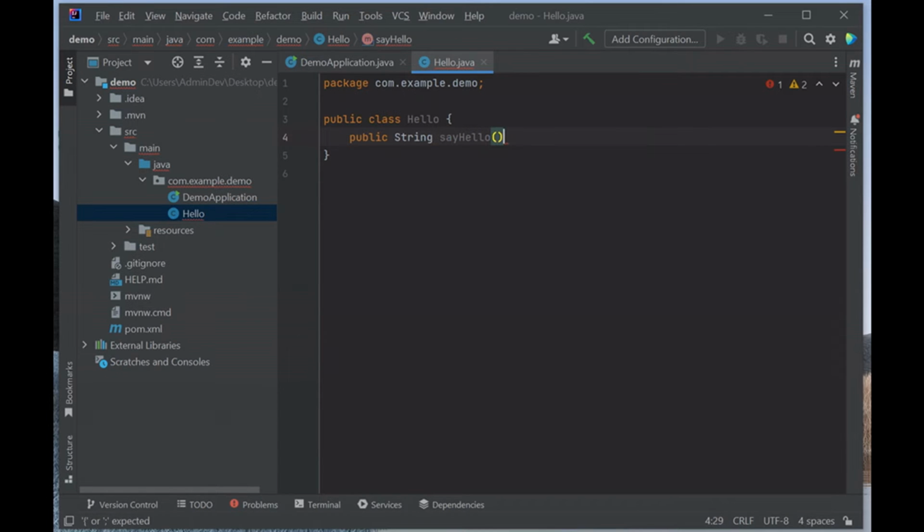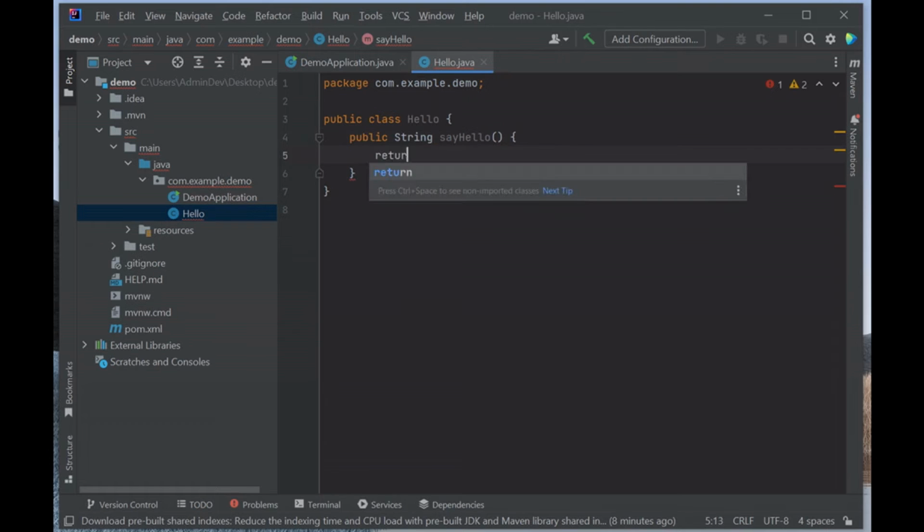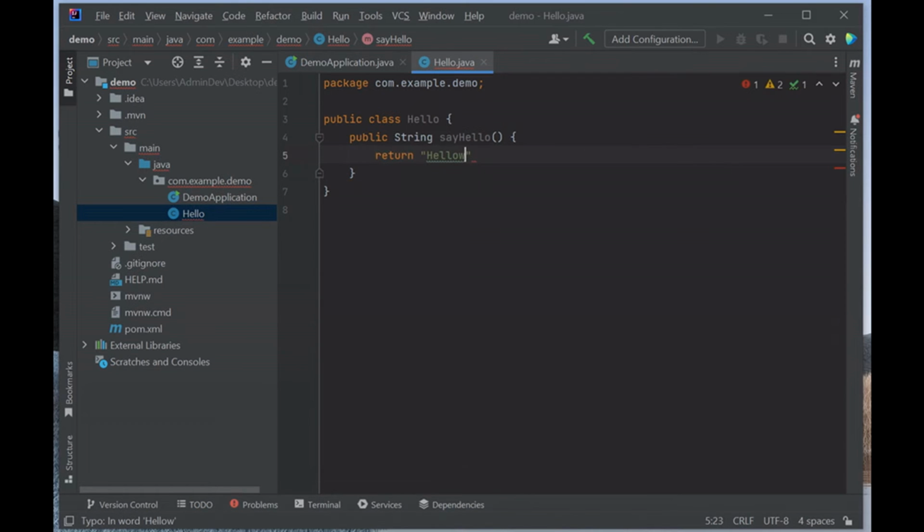as the method name, and create this method and return a string hello world. Okay, last step, step 3, add annotations. We need to add 2 annotations. First, we need to add